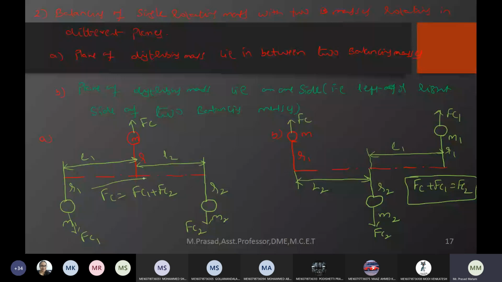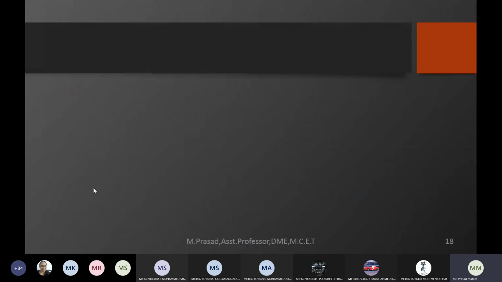If you got these two conditions, I will go to the next slide. Are you clear up to now, dear students? Please respond, anyone. I am solving the two cases of the second balancing condition side by side. For case A, this is like the same beams, no sir? We have studied beams also. No, this is not beams. This is a different concept.